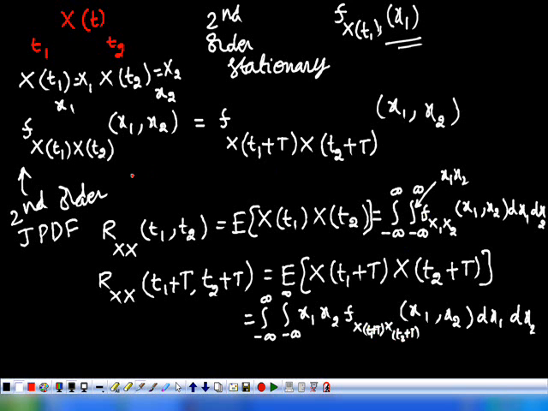Now, we already know that we are letting the statistical properties, that is, the second order